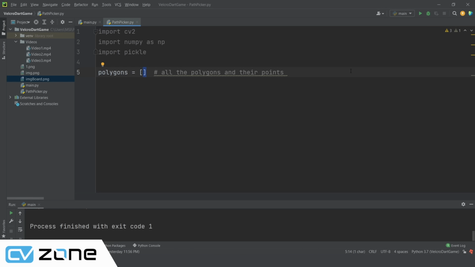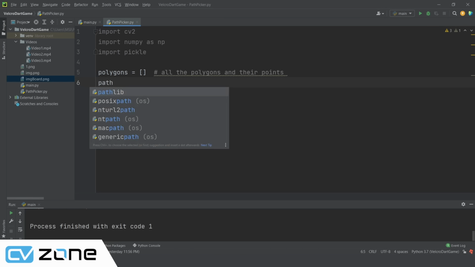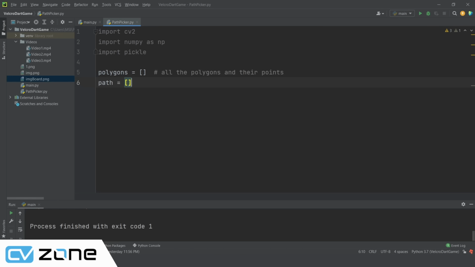So then we have the path. The path is basically one polygon. So the path of one polygon. So we will write it down one by one, and then we are going to put it all together as one polygon. So here, first of all, we will write image is equals to cv2.imread, and then we are going to write